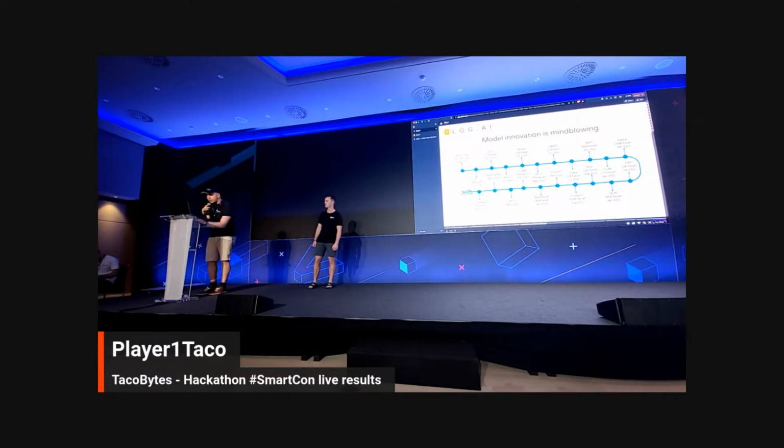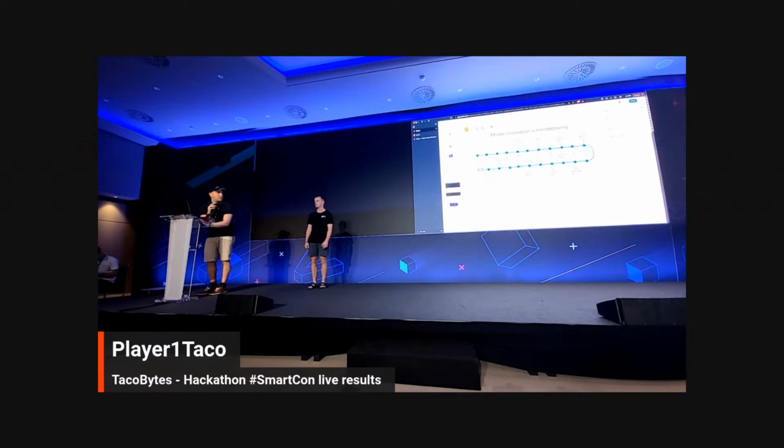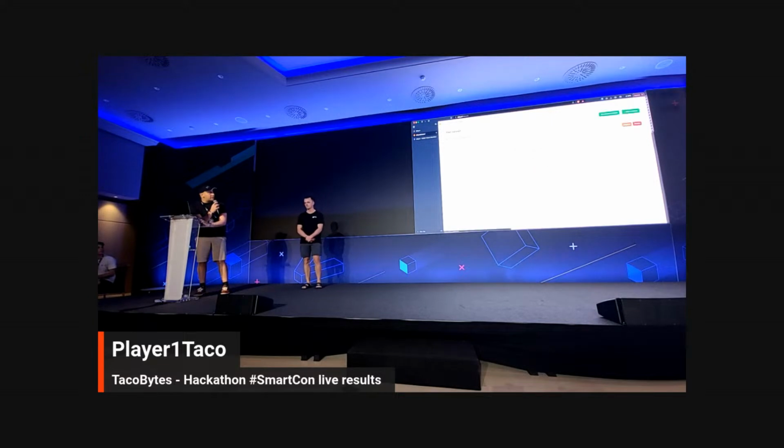So basically, what we built. I'm going through it really fast. You have a data set, you can add questions, and you can download it so you can fine-tune it. But we also have the data market where you can get data sets from other people, which you can also use for fine-tuning your models.